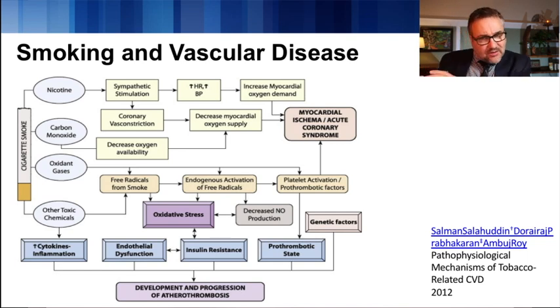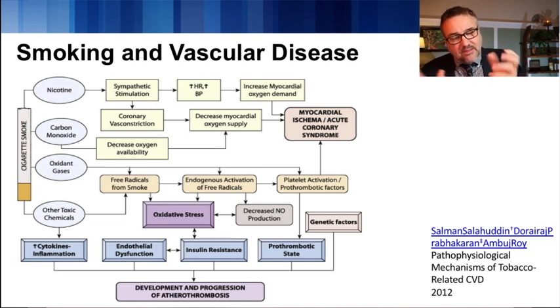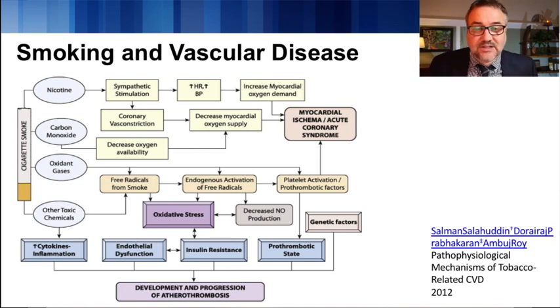That's on the arterial side, and that's going to be leading to heart attacks and strokes. On the venous side, what we have is activation of the clotting cascade. Those are the prothrombotic factors, and then also platelet activation. What that is doing is shifting the balance of clotting and thrombolysis toward clotting, so that we have a greater incidence of DVT, deep vein thrombosis, and pulmonary emboli. So those really are pretty major, large-impact changes that occur in the vessels.